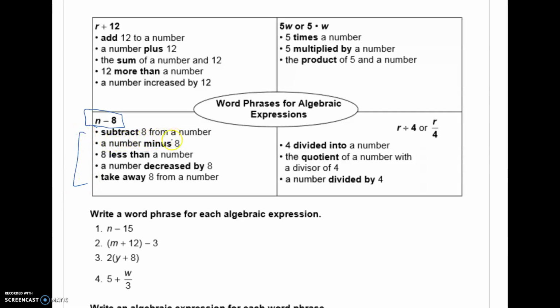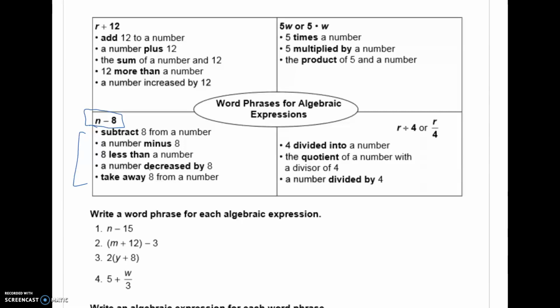Subtract 8 from a number. So we're subtracting 8 from n. A number minus 8. 8 less than a number. So 8 less than n. A number decreased by 8. N decreased by 8. And taking away 8 from a number. All right. This is not an exhaustive, complete, full list of what you could see, but these are some common